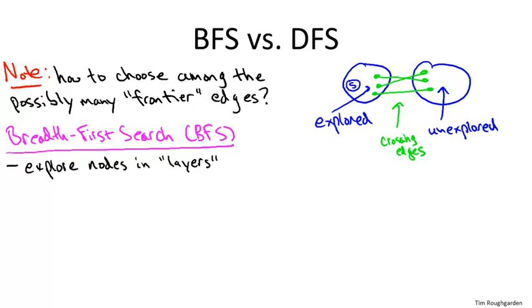You can think of this as a fairly cautious and tentative exploration of the graph. And it's going to turn out that there's a close correspondence between these layers and shortest path distances. So if you want to know the minimum number of hops, the minimum number of edges you need in a path to get from point A to point B in a graph, the way we wanted to know the fewest number of edges in the movie graph necessary to connect Jon Hamm to Kevin Bacon, that corresponds directly to these layers. So if a node is in layer i, then you need i edges to get from S to it